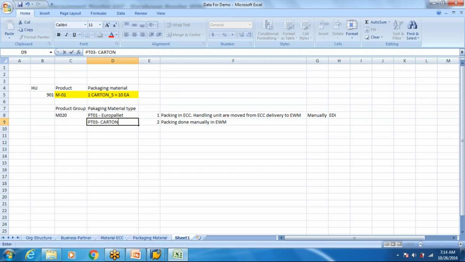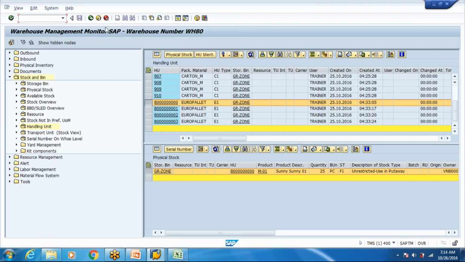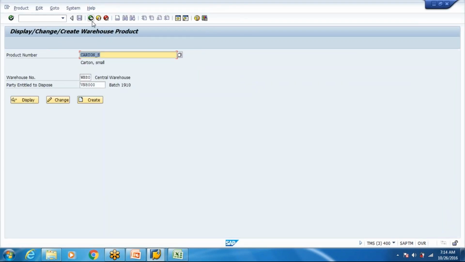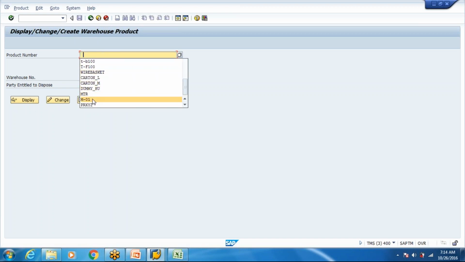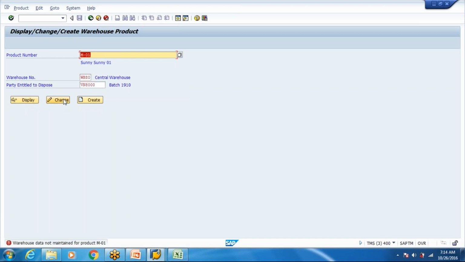Hi Ron, Niraj here. That we define in the ECC, that is SPRO, the cartons. This carton S and M, everything we define in ECC. These are product numbers. We create them in ECC like a normal product and we shift them to EWM. This is nowhere different to the normal way of creating and using them. It's like a normal product that we do. So we create them in ECC and we use them in EWM.